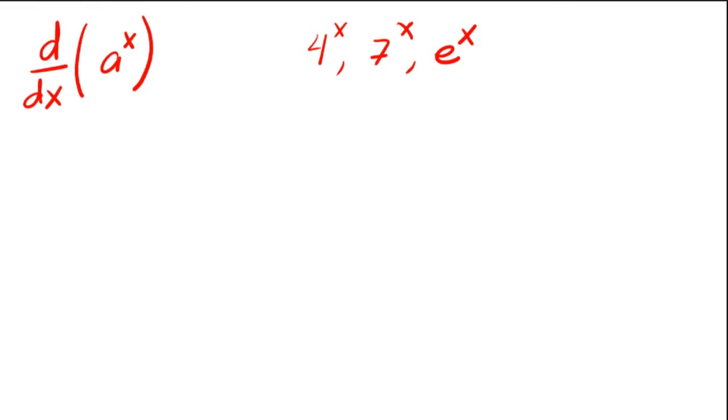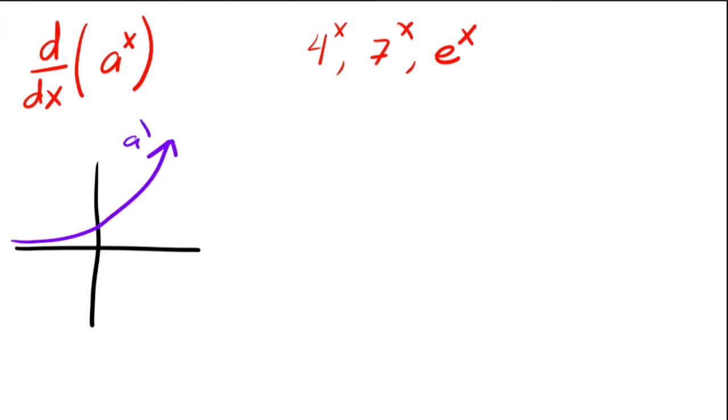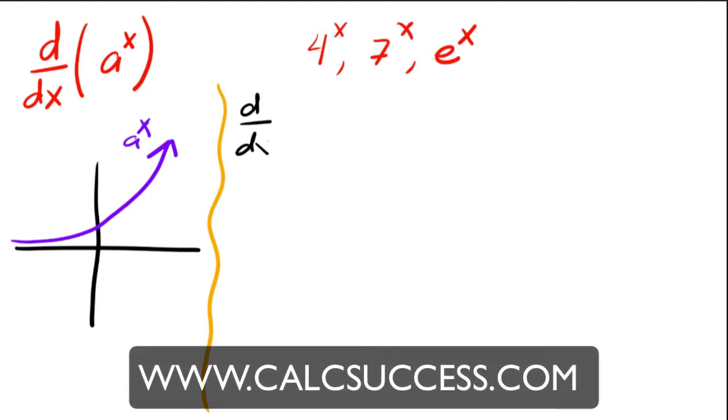So let me draw a picture here before we go through this. If I draw the general exponential function, it looks something like this. Now, since we don't know what it is, why don't we find the derivative using the definition. So the derivative of a to the x is now, you remember the definition of the derivative, right? Okay, so that's the limit as h goes to 0